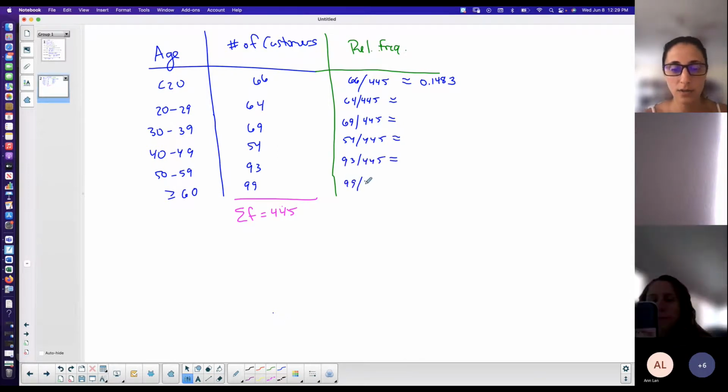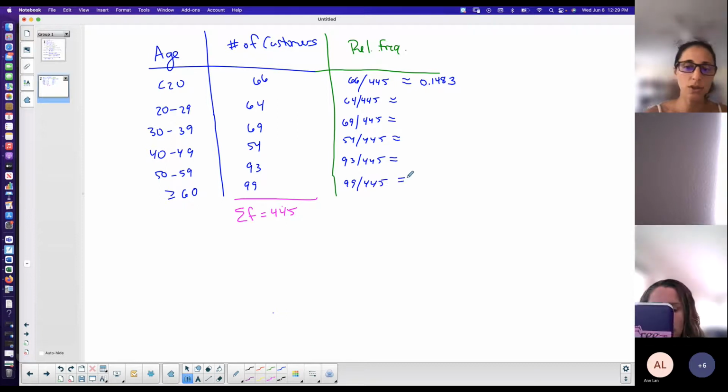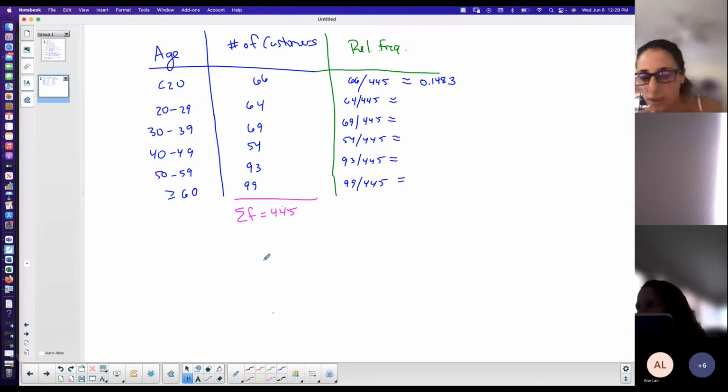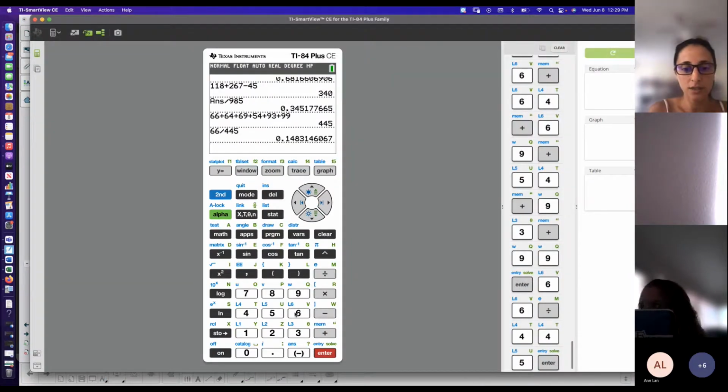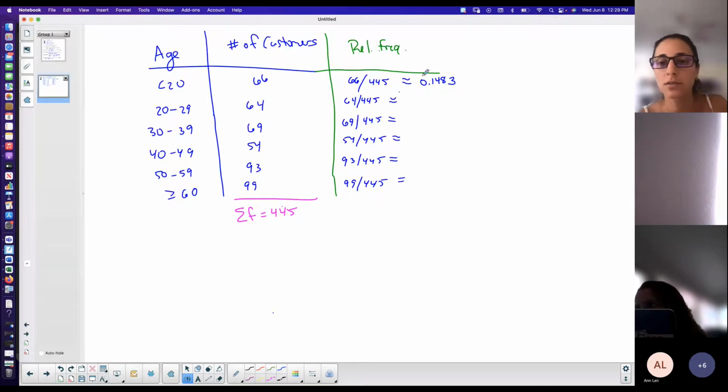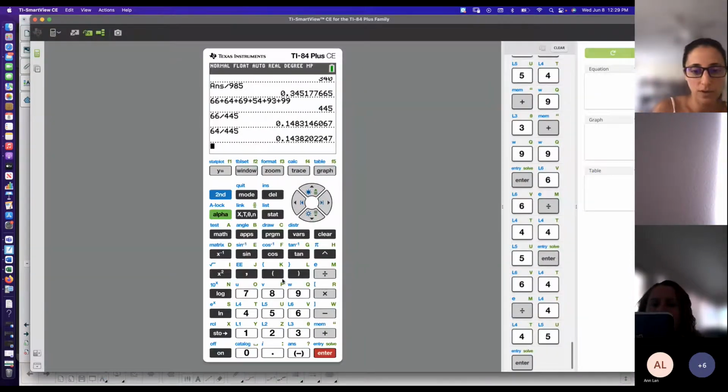I'm going to show you why I don't necessarily have to do it for every single one, depending on what questions are asked of me, but because I might randomly make up some stuff too, then I might need all these anyway. So 64 out of 445 is 0.1438. 69 out of 445